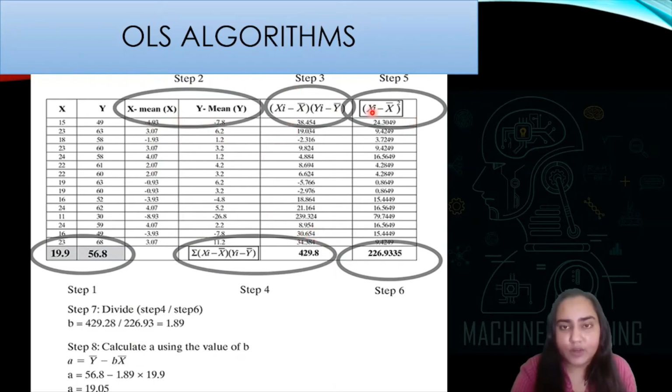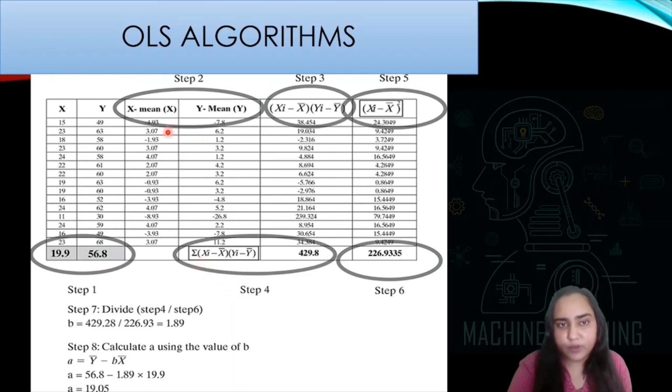Next, you have to calculate (xi minus bar x) whole square. You've already calculated xi minus bar x over here in this column. You now just have to take the square of that. So we've taken squares of all those values right here. That is, of course, step 5. Step 4, we missed it.